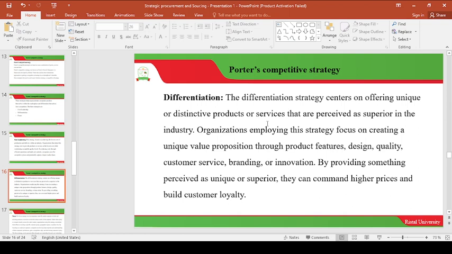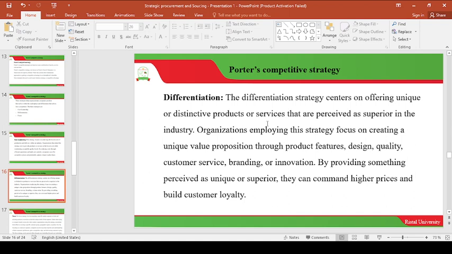The organization employing this strategy focuses on creating a unique value proposition through product features, design, quality, customer service, branding, or innovation. By providing something perceived as unique or superior, they can command higher prices and build